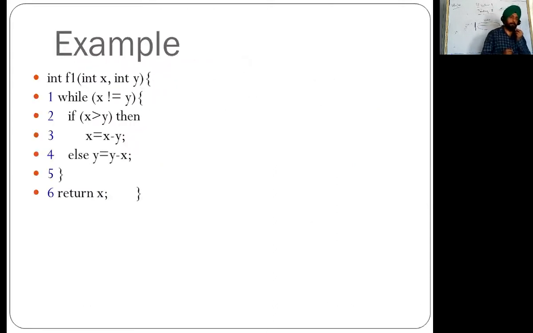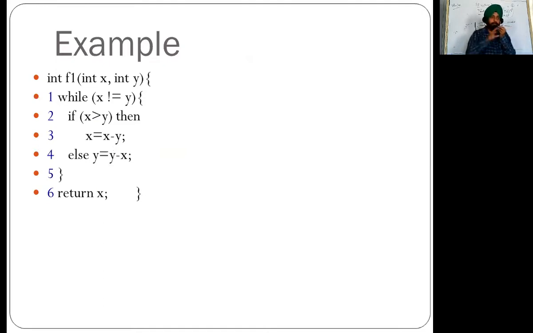Next, just the example there. Here are certain statements 1, 2, 3, 4, 5 and 6. So test cases will be generated in such a manner. See the question here, if x greater than y. So we will have at least three test suites: in one case x will be greater than y, in the second case x will be less than y, and in the third case x is equal to y.